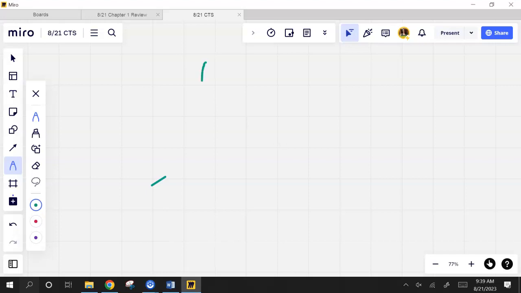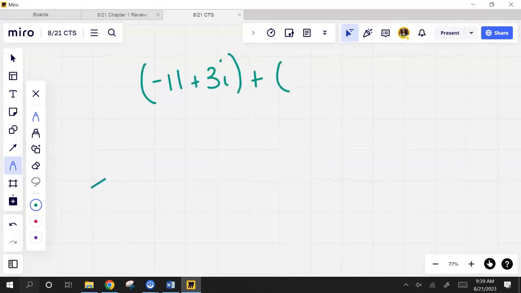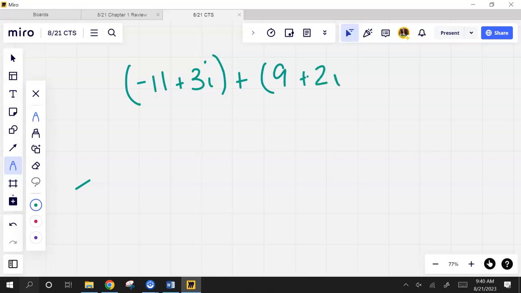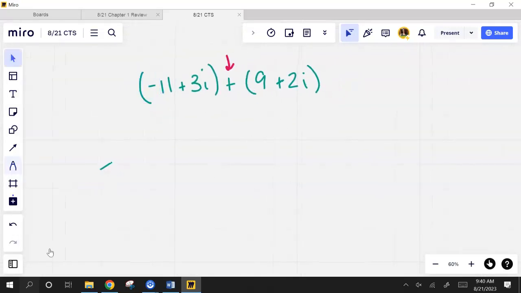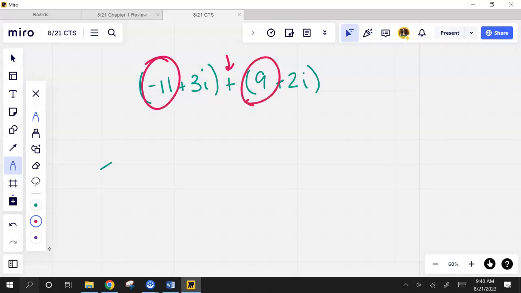In parentheses, negative 11 plus 3i. All right, tell me what's the operation? Addition, right? How do I know that it is an addition and not a multiply? Right? So let's just combine like terms. I have negative 11 and positive 9, which would give me negative 2. I have 3i and 2i, which would give me